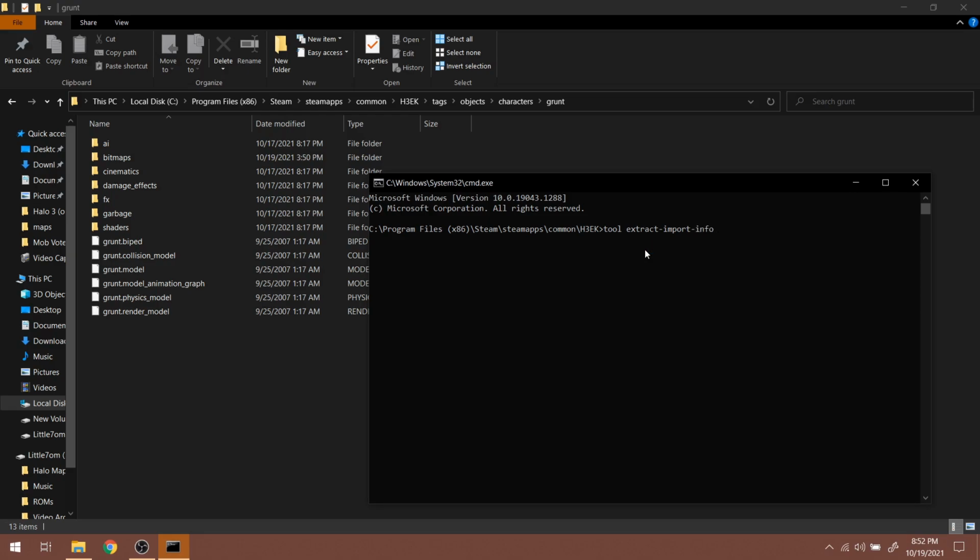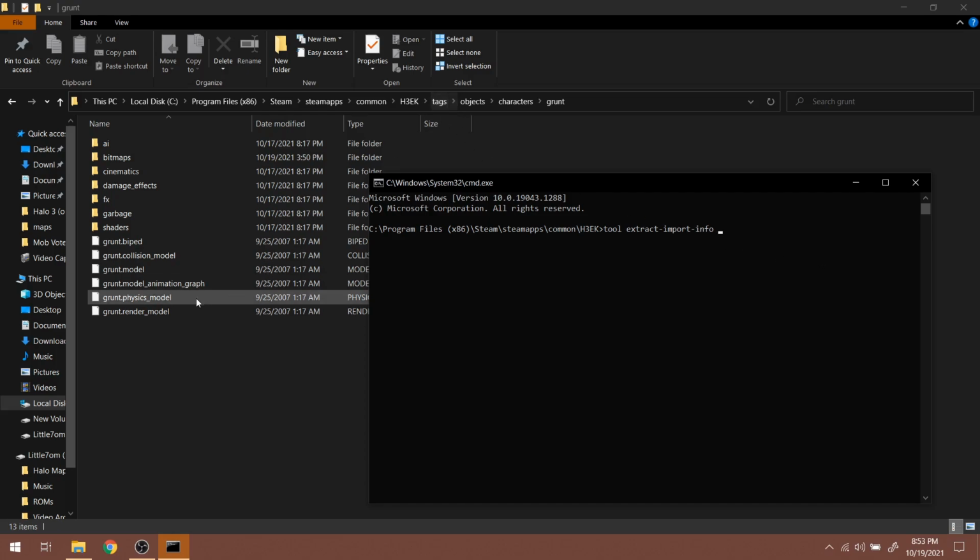So that's the command. Now this command works for not only render models, as this one right here, but it also works for physics models and collision models, as well as scenario structure BSPs. But for now, we're just going to do render model,